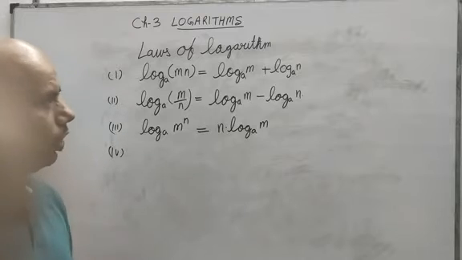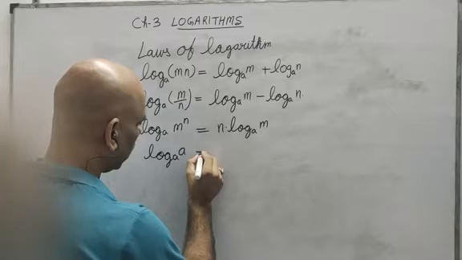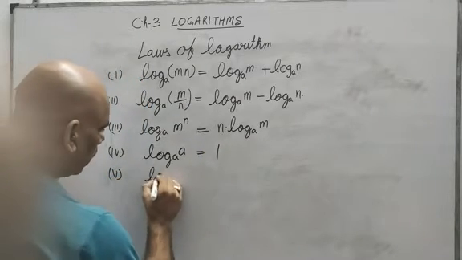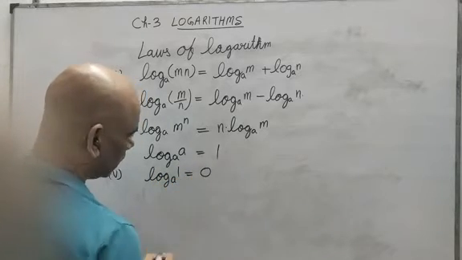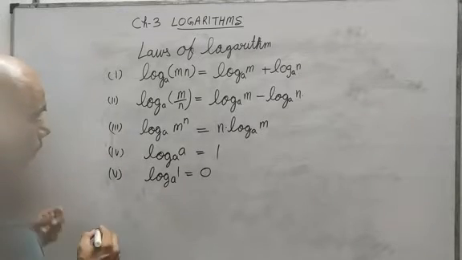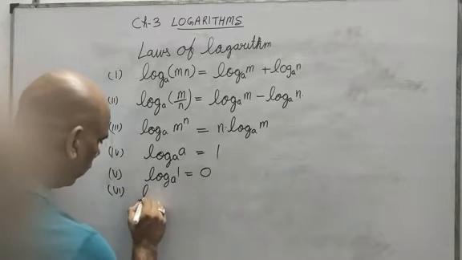One law we have already studied, that log A base A will always be 1, and another one is that log 1 to any base is 0. What are the other rules which we are going to study in this exercise? There are 8, and I have told you 5. The sixth one is quite important. Although all of them are important, the sixth one is important in a different way.